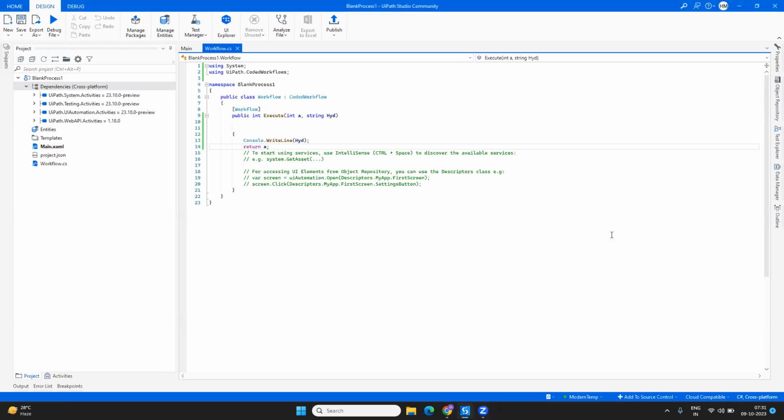This is Harika. So in today's video, I'm going to show you how you can actually invoke the coded workflows into your workflows, into your actual XAMLs. We already know that we have invoke workflow file, right? So we usually invoke some other XAML into our actual XAML. We call them by importing the arguments, and we do a lot of actions by reusing the components